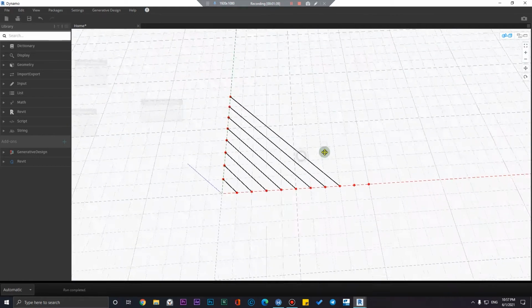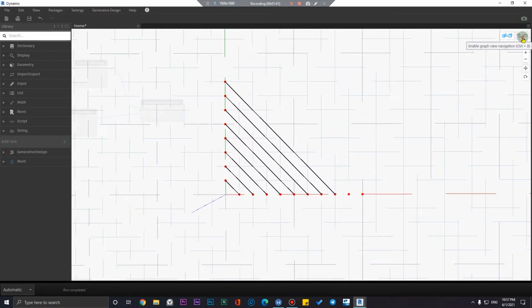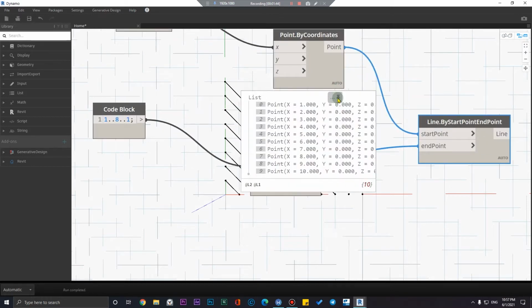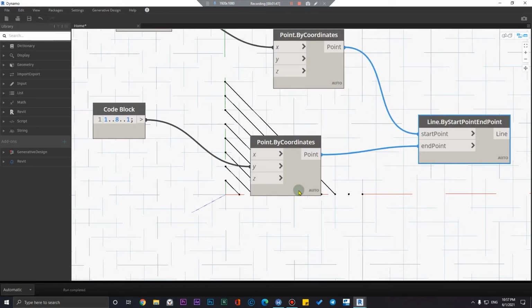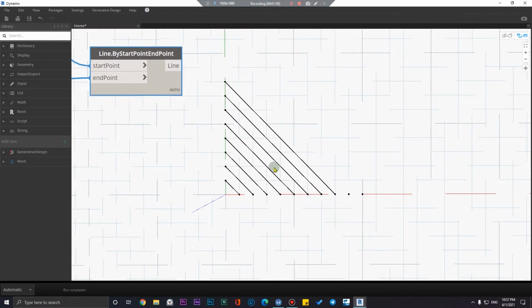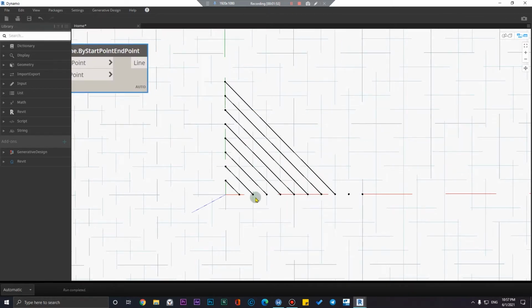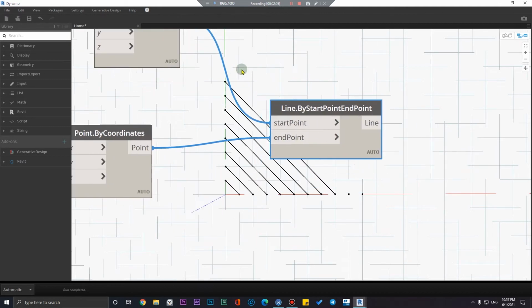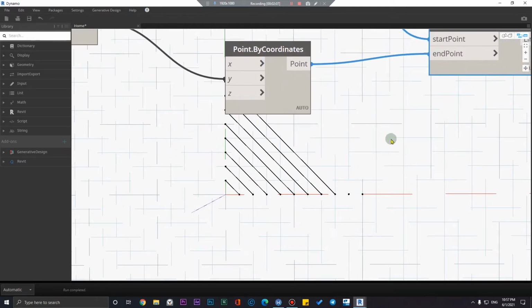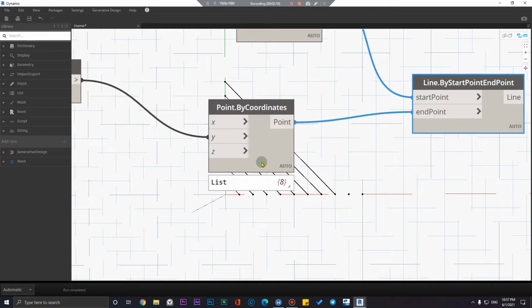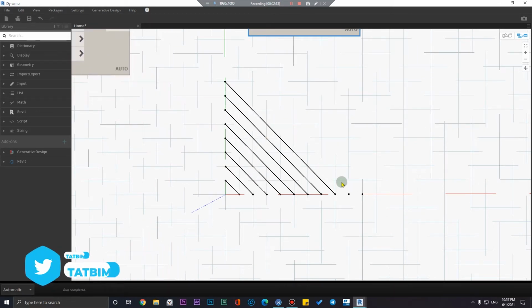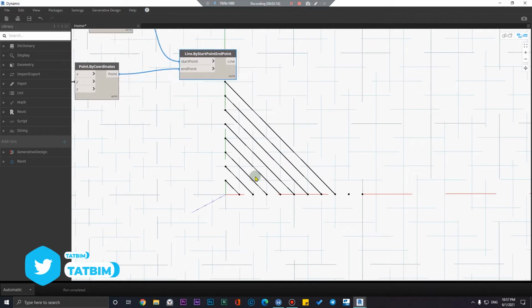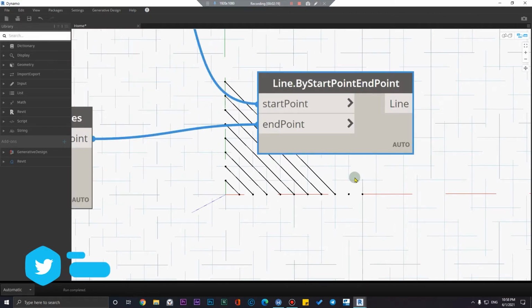In the automatic mode or shortest mode, you can see we have 10 numbers here, and we have 8 numbers here. Dynamo will recognize the first with first, second with second, and third with third, and it will make a line with them. But when Dynamo arrives at the 9th number of this set, it will see that there isn't any 9th number in this place. So it's going to cut the operation. This is the shortest lacing or automatic lacing.